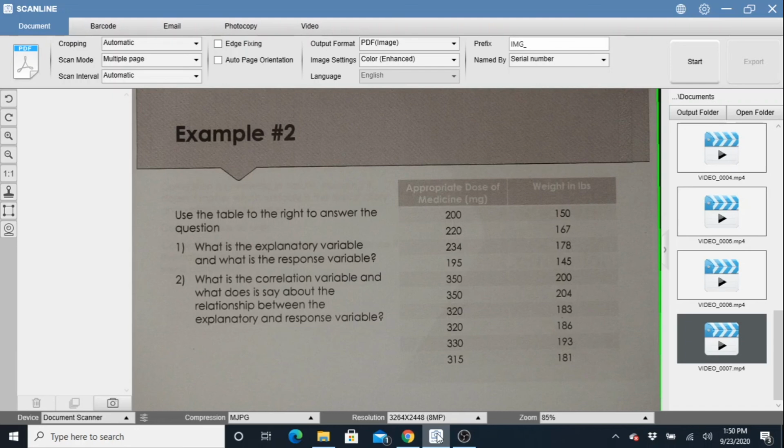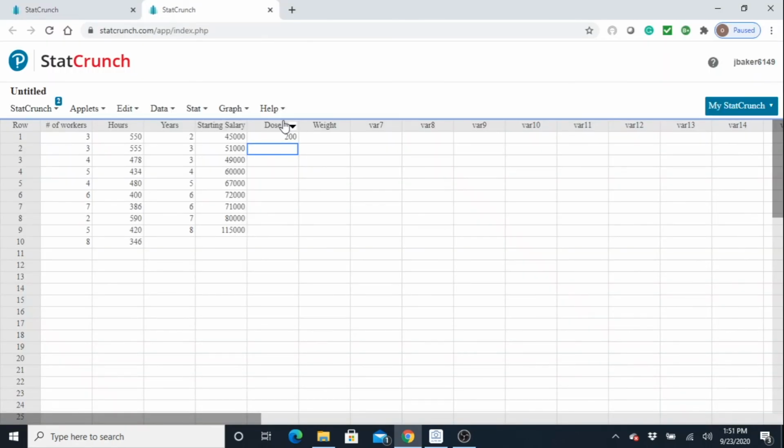So, dose and weight. Okay, so we got 200, 220, 234, 195, 350, 320, 320, 330, 315, and then 150, 167, 178, 145, 200, 204,